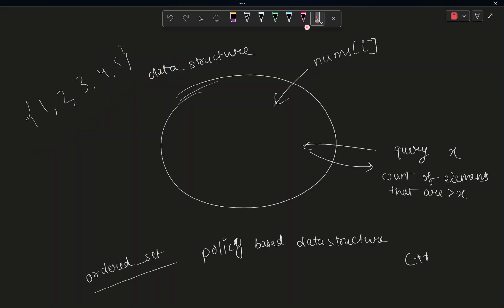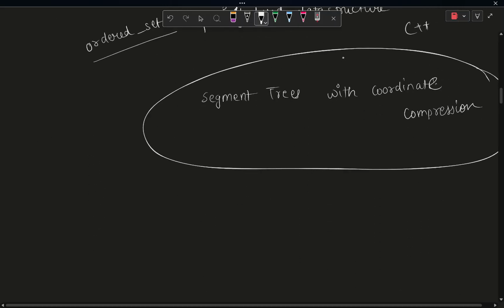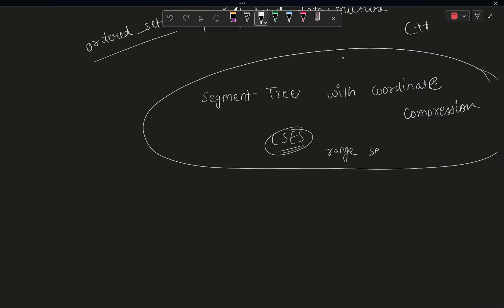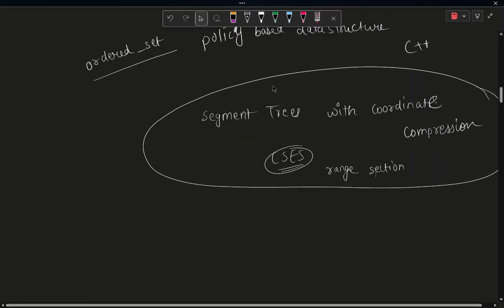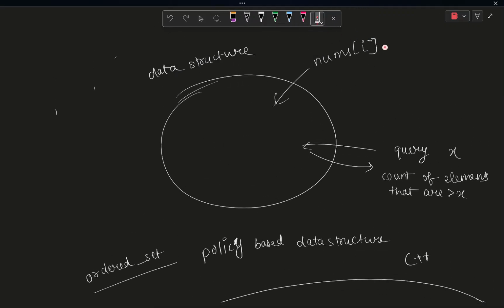Maybe I should not really spend time explaining this part right now. You will get to know about this once you study segment trees with coordinate compression. The CSES problem set also has a problem on this. In the range queries section, you can solve a few problems on this topic as well. And once you do it, you will realize that we can just do some coordinate compression for the given